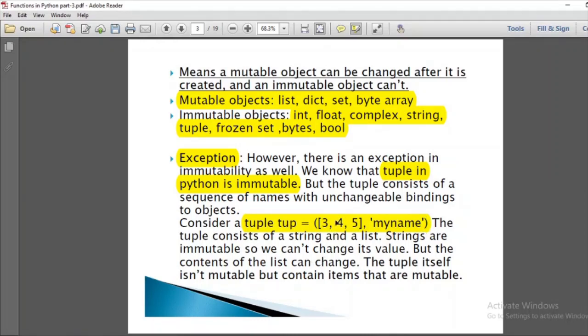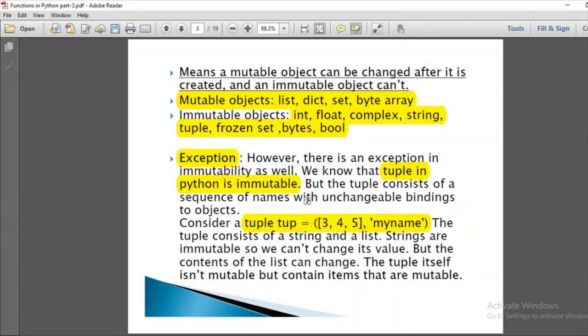As you know, a list is a mutable object, but my name, that is string, is an immutable object. So tuple as a whole is not mutable, but its part, that is a list, is mutable. So it's an exception. Tuple itself isn't mutable but contains items that are mutable.